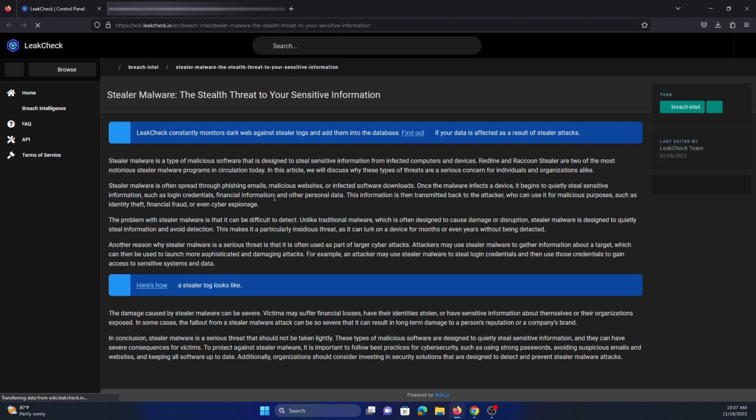If I hit the learn more button, it gives me a brief description of what Stealer malware is and what it does, right? So with this additional information, I know that a Stealer malware got this information. This means I need to do a malware scan or update my malware protection. So it gives you that additional information that could be very useful when dealing with these sorts of